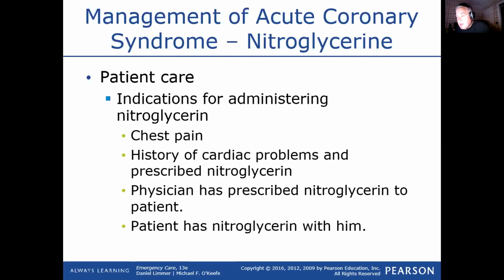And then we're going to talk about some of the other things. Obviously the patient has to be having signs and symptoms that would lead you towards thinking of either angina, which we have not covered yet, or an acute myocardial infarction, right? So that's the first thing. Then they have to have a history of possessing the nitroglycerin. You don't like to give nitroglycerin to somebody for the first time. So it's nice that you would only be giving it to someone who's taken it before,